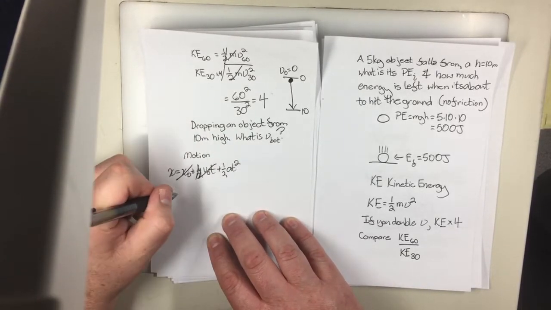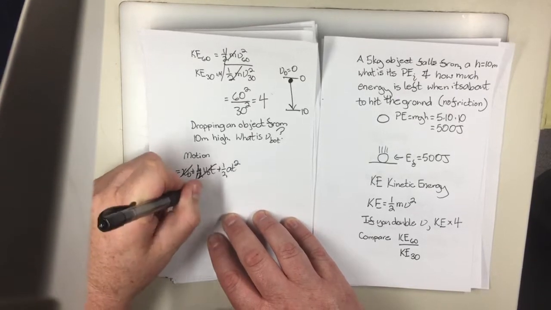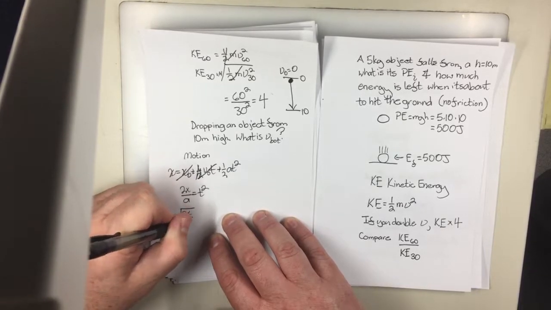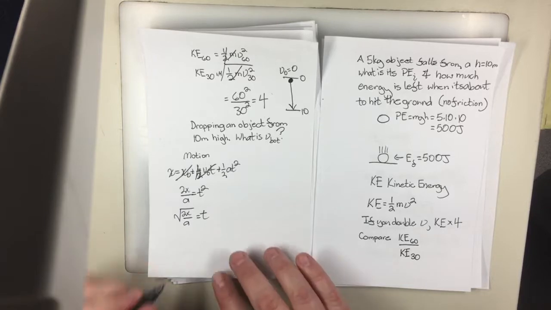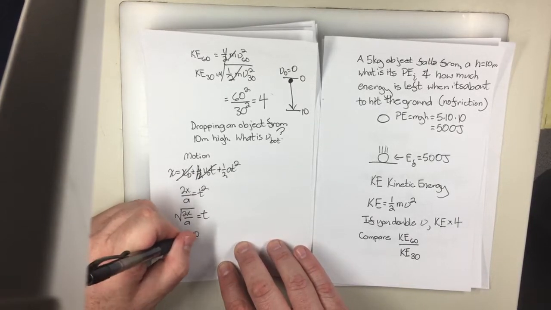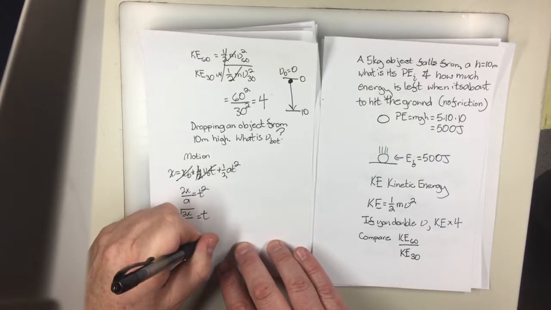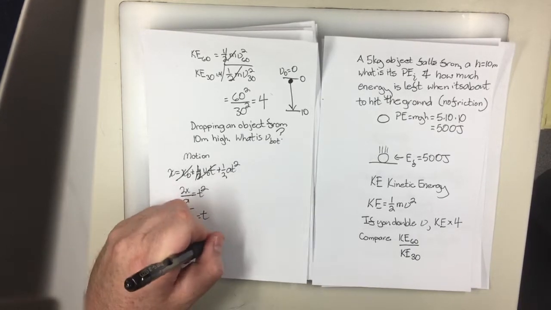That's 0, that's 0. Solve for t. 2x over a is equal to t squared, or the square root of 2x over a is equal to t. So 2 times 10 over 10, square root, is 1.414